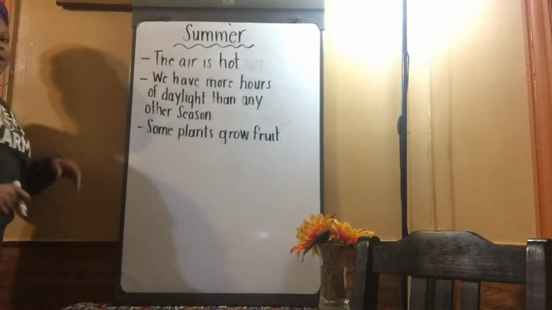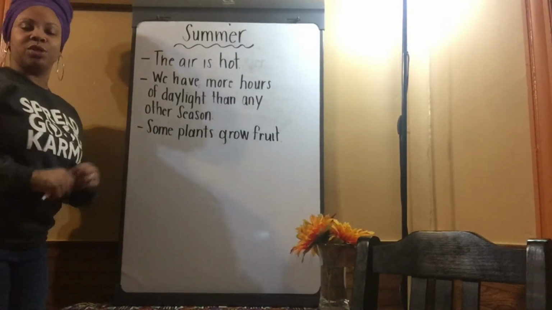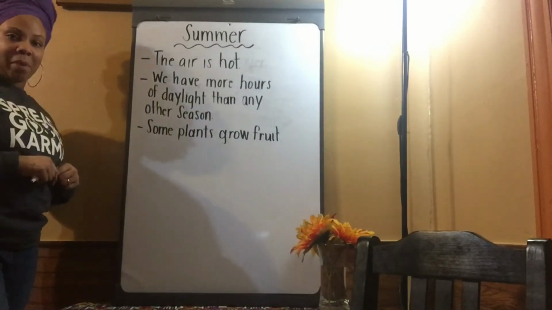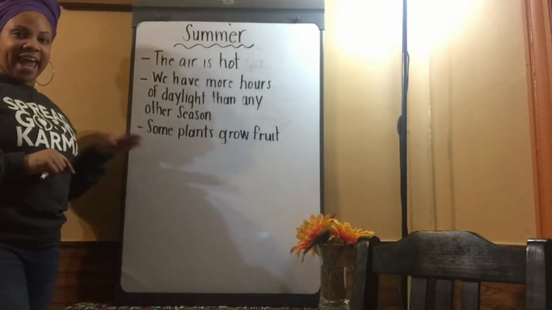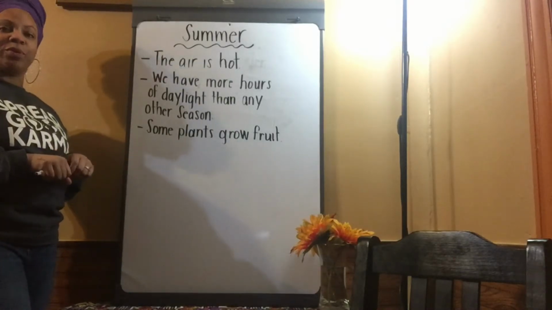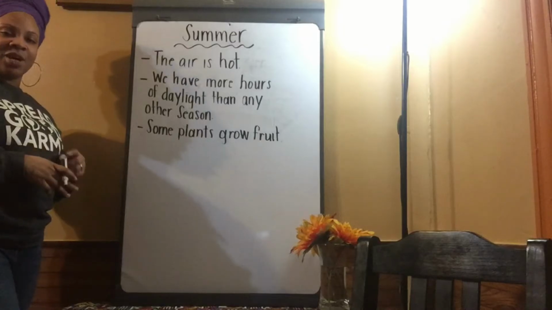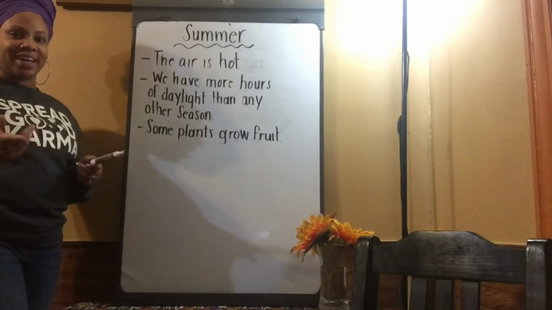Very good. All right, Congo Nation, what else do you know about summer? You want to think about one other thing you know about summer and add it to your Top Hat graphic organizer. Once you're finished adding that sentence, we can go ahead and move on to our last season,